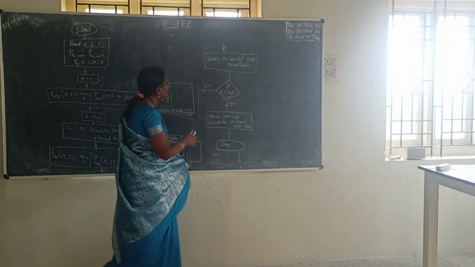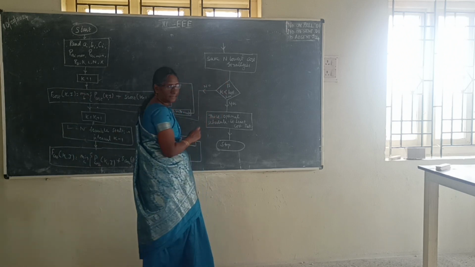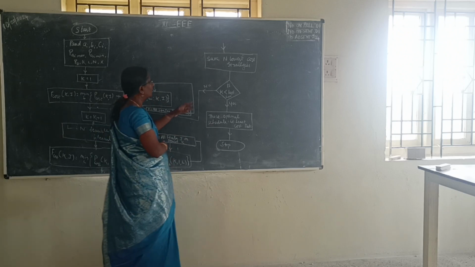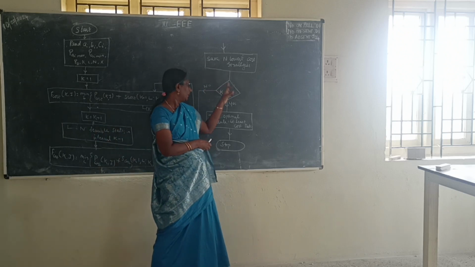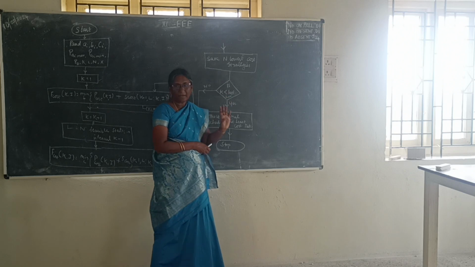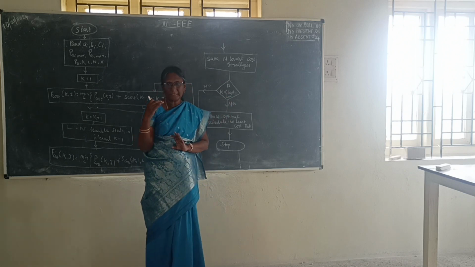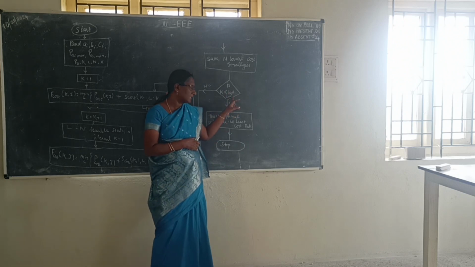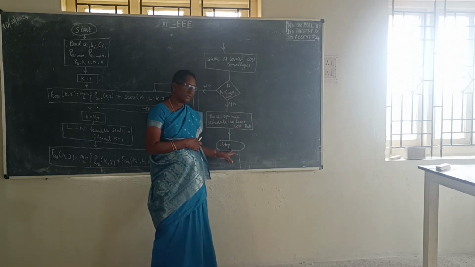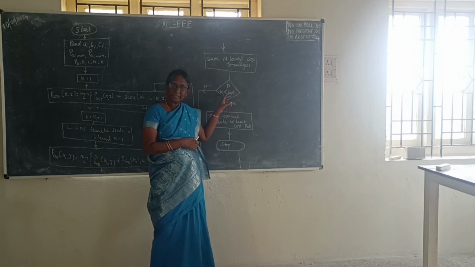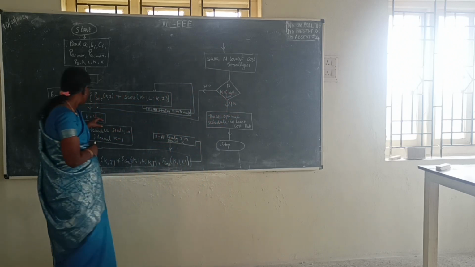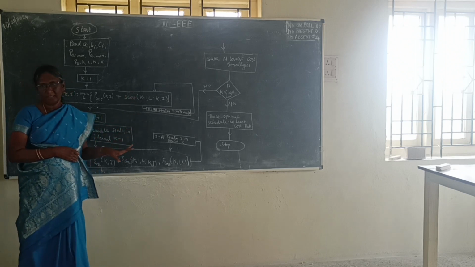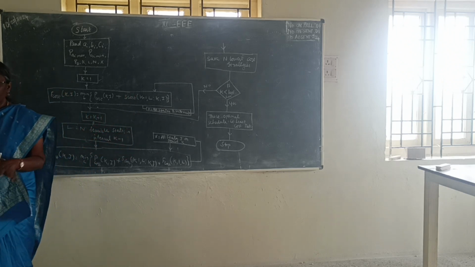Then save the N lowest cost strategies. Among these we say the lowest cost strategy. Then check the hour K, whether it is 8 hours or 24 hours. If K is the last hour, then no problem, we stop. If K is not the last hour, then we increase the hour and repeat the same steps. So this is the flowchart of dynamic programming.